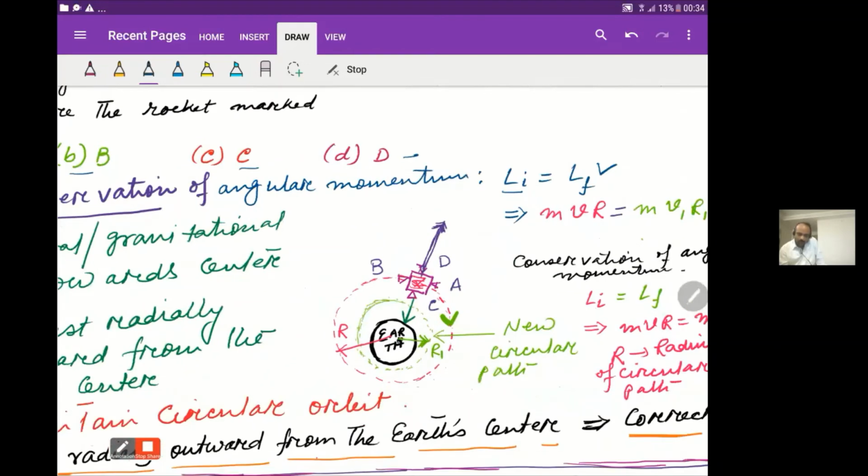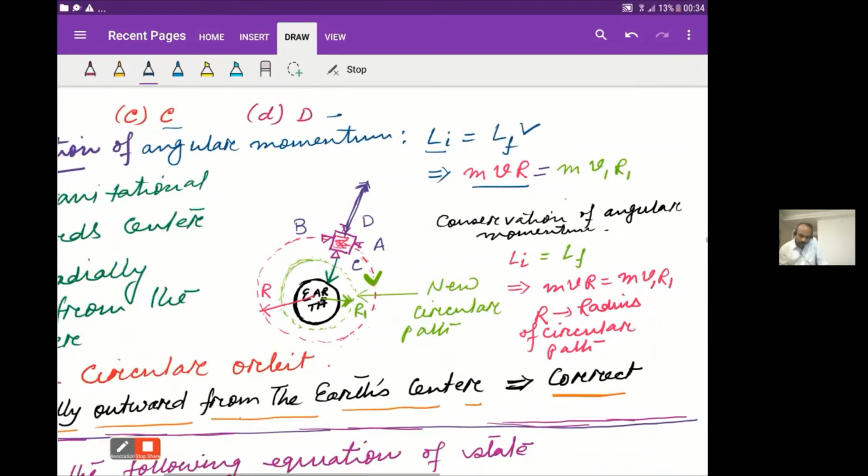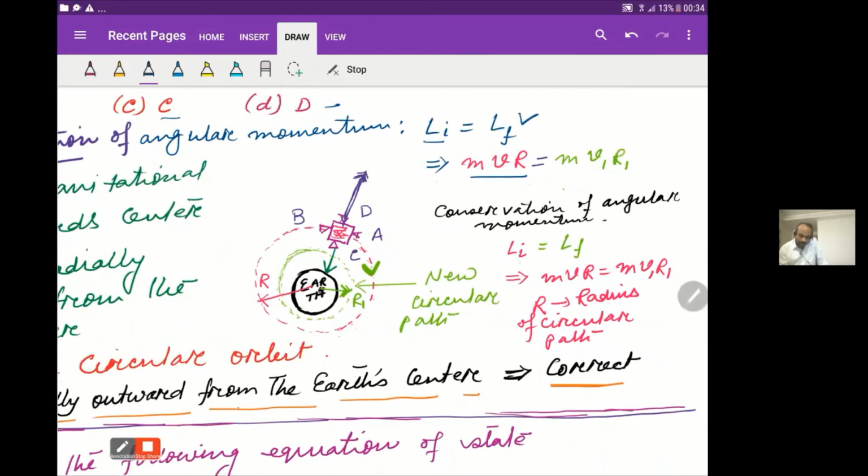So mvr is the initial angular momentum, v is the initial velocity, and v1 and r1 are the final velocity and radius of the orbit. So if we want to maintain this condition, that is Li is equal to Lf, that means mvr is equal to mv1 r1,